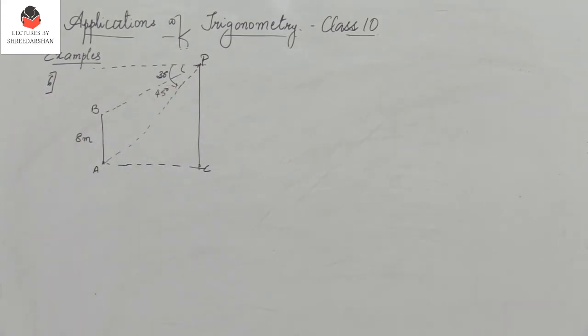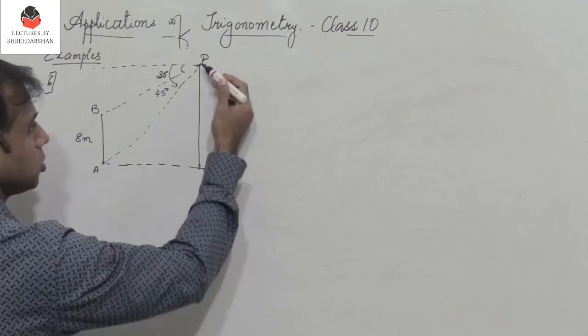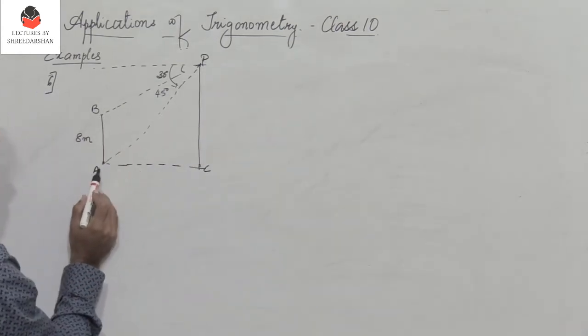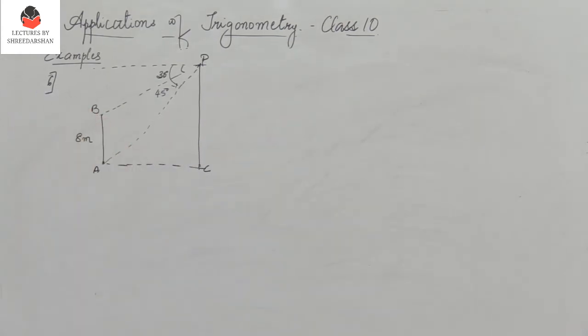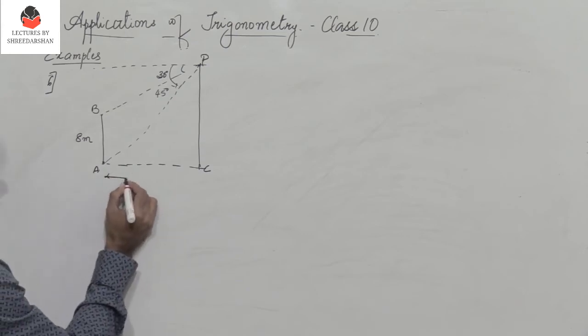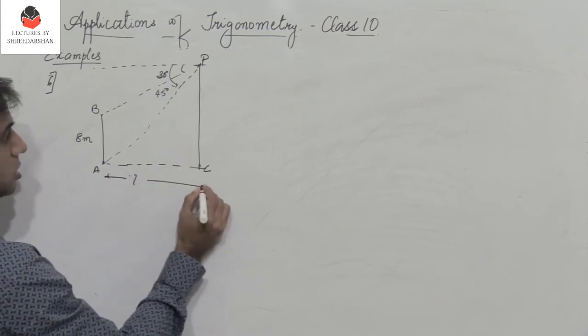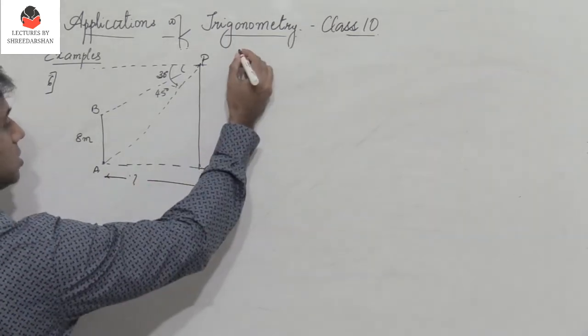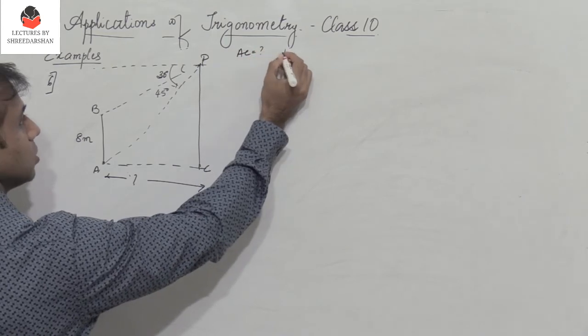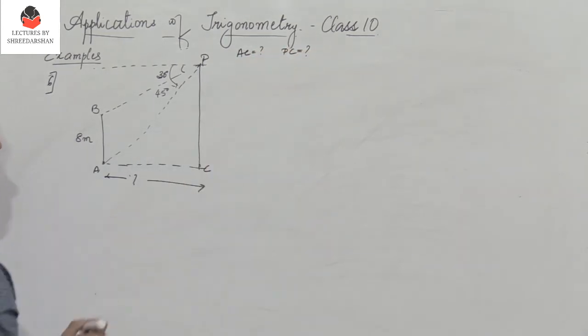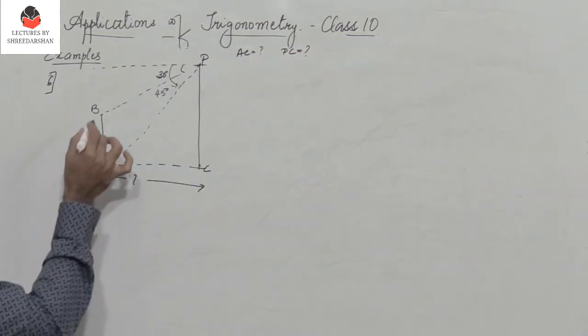Okay, so the angle of depression from the top of a multi-story building to the top and bottom of a building of height 8 meters is 30 degrees and 45 degrees. Find the height of the multi-story building and the distance between the two buildings. So I need to find AC, which is the distance, and I need to find PC. So AC we need to find. We also need to find PC. Right? So now let us